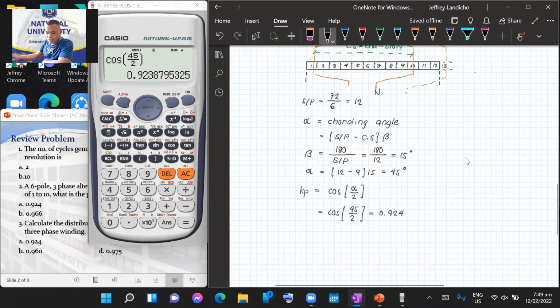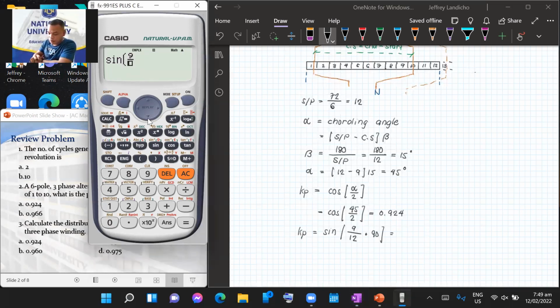na formula. So, you may also use fractional pitch. Ano yung kanyang coil span? 9. Ano yung pole pitch? That is 12. That's per pole. I-multiply natin ng 90. So, dapat parehas lang din yan. Assigned 9/12 times 90